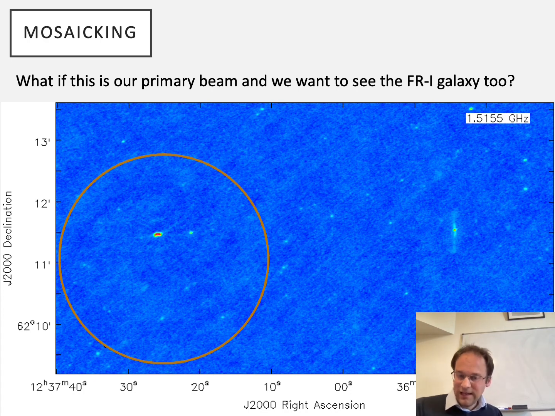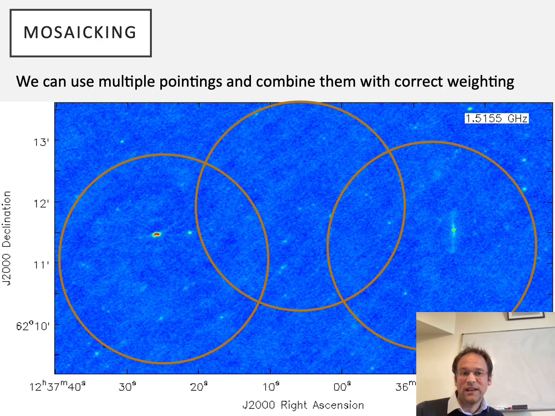Okay, so another aspect of imaging related to primary beam correction is the following. If you have an image where your field is focused on the source to the left, but there's this FR1 galaxy to the right, it may well be within the side lobe of the primary beam, which isn't really ideal for imaging that galaxy. To deal with that, we want to construct multiple sequential images across that field. This is done using a technique called mosaicking,